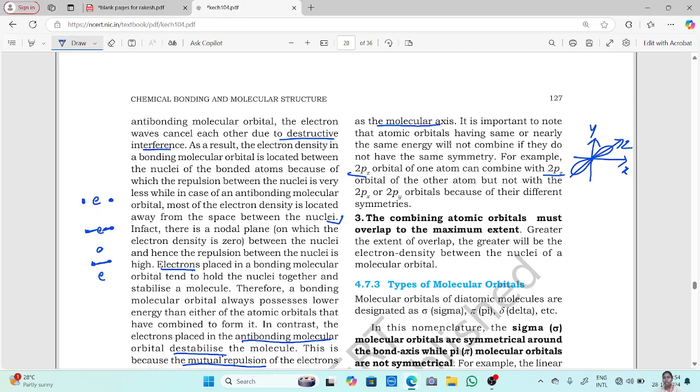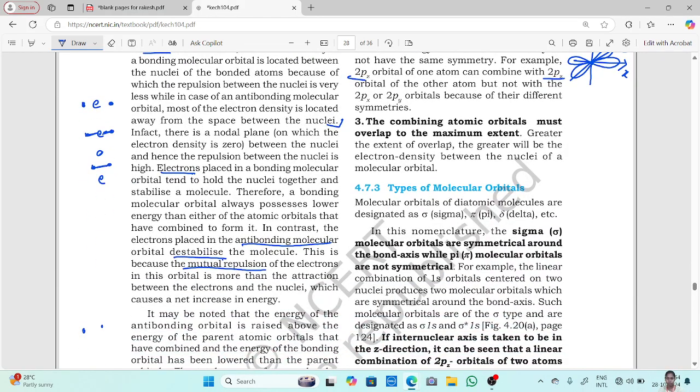orbital is here and second orbital is here, can you combine both of these orbitals? They will be combining in a different angle, right? There won't be any symmetry in them. So for this matter, you cannot combine x-axis or y-axis with z-axis. Only z-axis will pair with z-axis, x-axis will pair with x-axis. So the symmetry of the orbital should also be taken into consideration when there is a bond formation in molecular